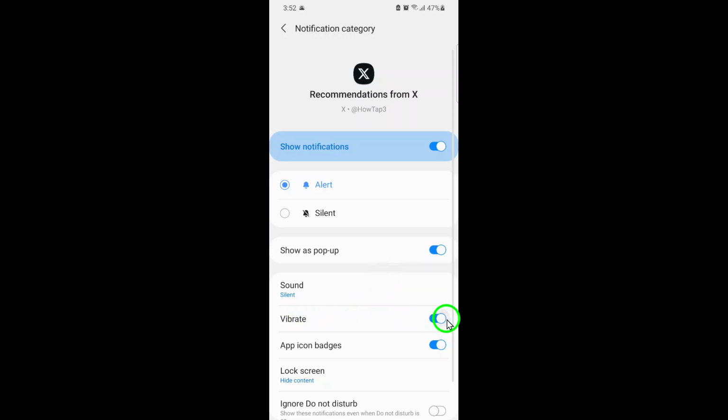When this is enabled, you'll feel a vibration every time you get a recommendation notification from the app, ensuring you stay updated without having to rely only on sounds or the notification banner. And that's it. You have successfully enabled Vibrate for recommendations from X notifications on the X app. From now on, your phone will buzz each time you receive a recommendation, giving you a quick and subtle way